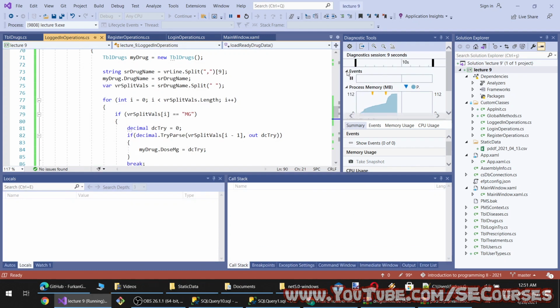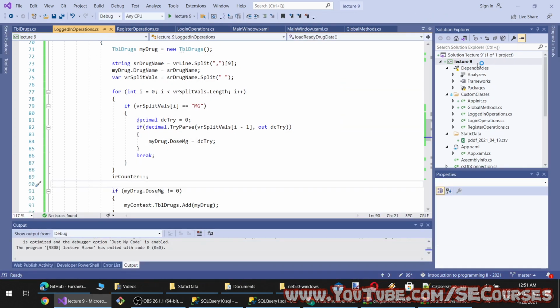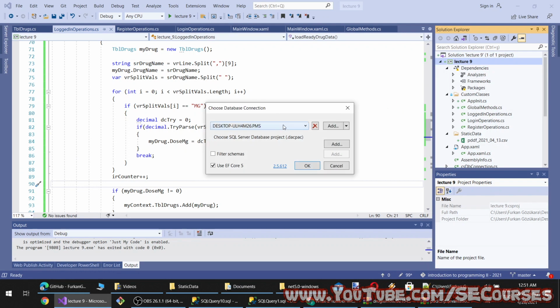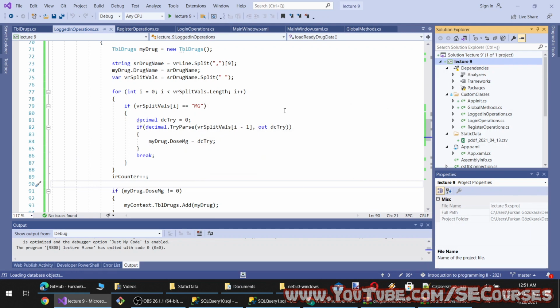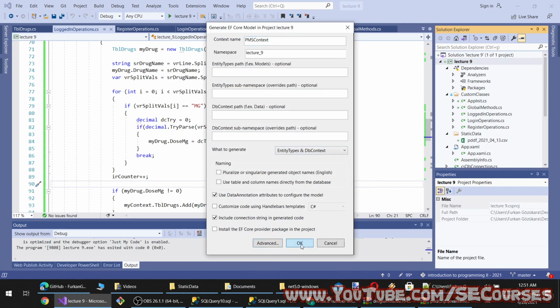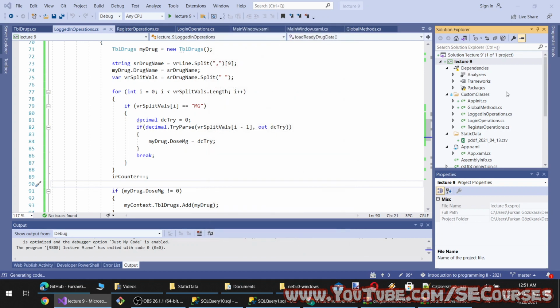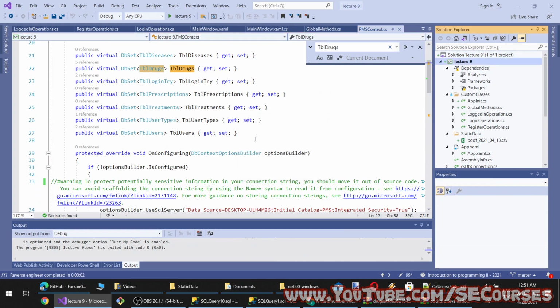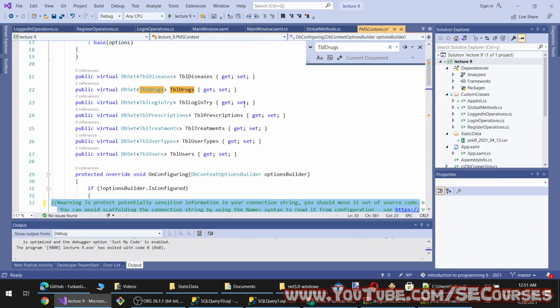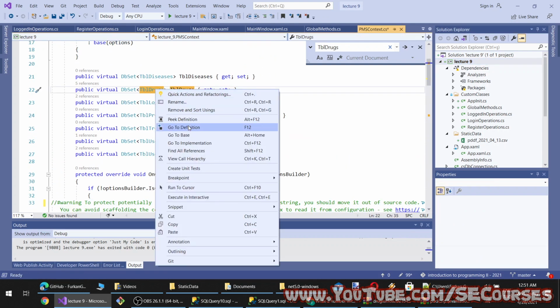Oh, let's refresh our table. Maybe it will also take into consideration that index. I'm not sure. Okay, let's make this comment out. And let's go to TBL drugs.